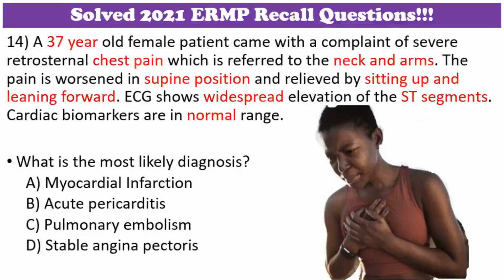The key clinical features in this case are age below 40 years, chest pain which radiates to the neck and arms, and severity of the pain that changes with body positions. Additional ECG and cardiac biomarkers are given. Let's compare and contrast myocardial infarction, acute pericarditis, pulmonary embolism and stable angina pectoris in terms of the given clinical